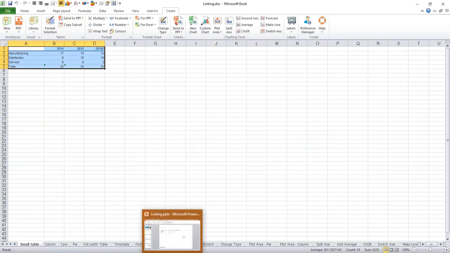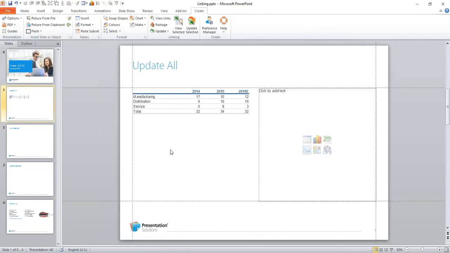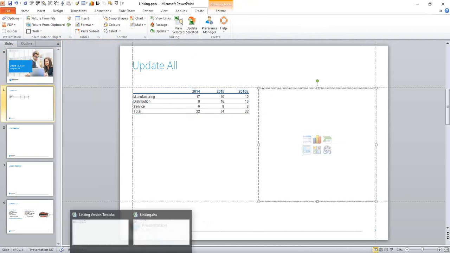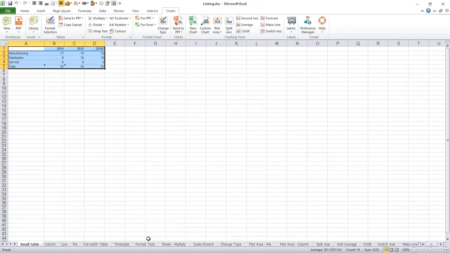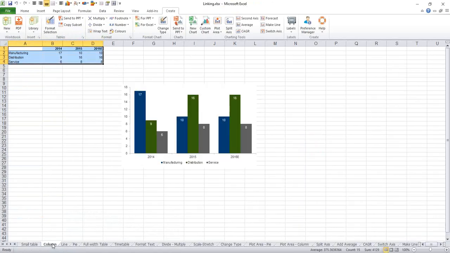PowerPoint is flashing down at the bottom, so I'll go to PowerPoint and it's pasted in that table into PowerPoint. When I click on it, you can see it's a picture. The picture tools are enabled, so I can't make any changes here. Let's copy it across again using a different format. In fact, let's go to the next